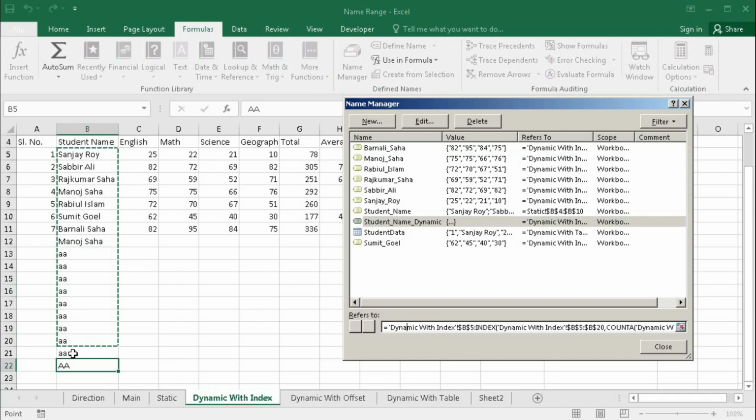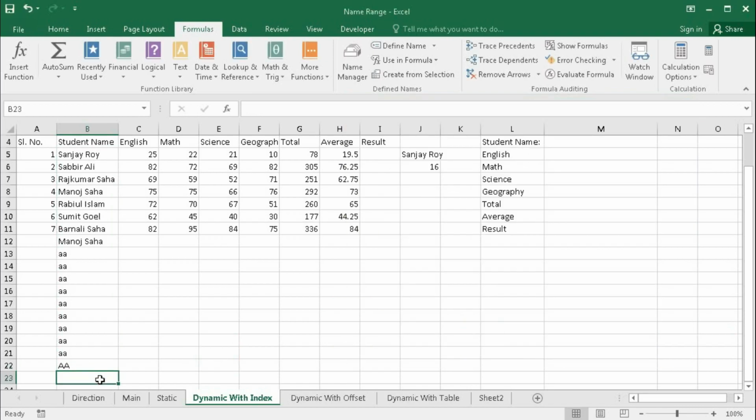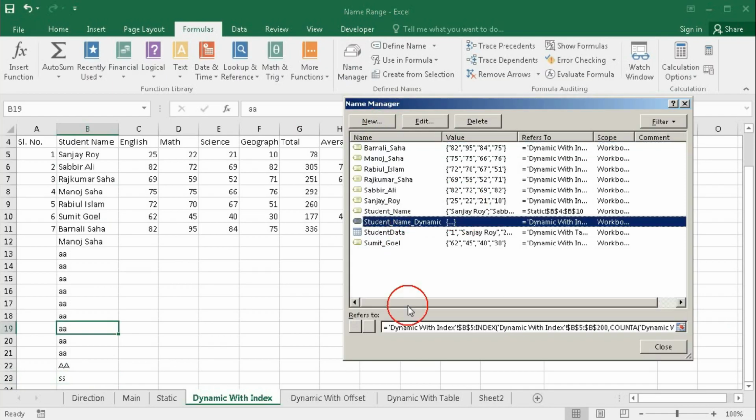So for that we have to give more row reference. Here instead of 20 we can give 200, here also instead of 20 we can give 200. Then if we select, we can see it is selected up to row 22, and if we add more, then also it is automatically added.